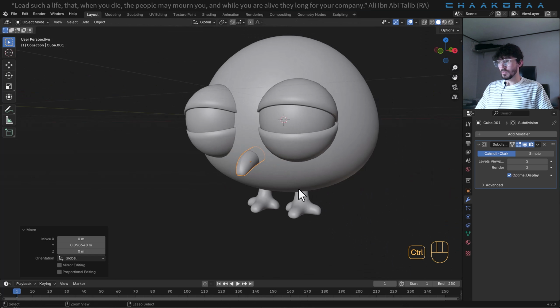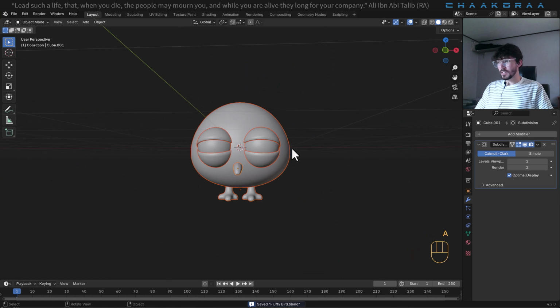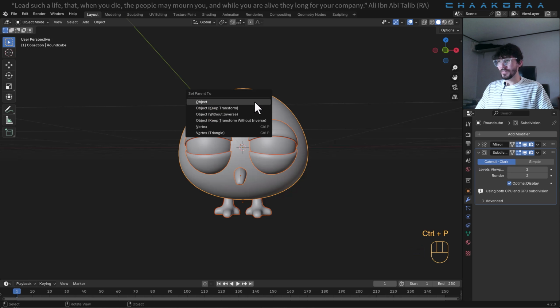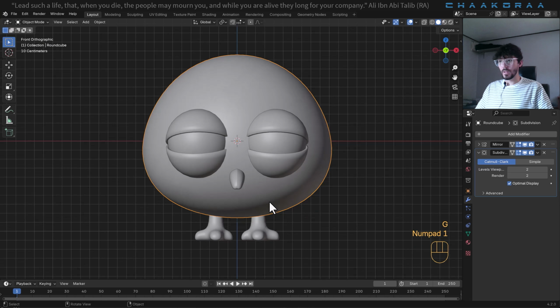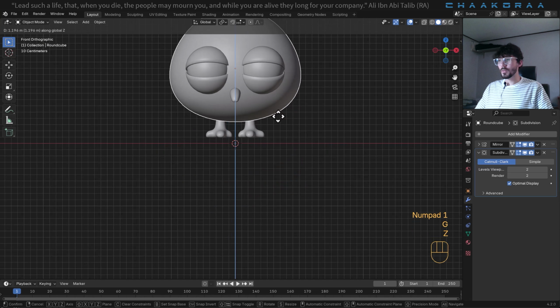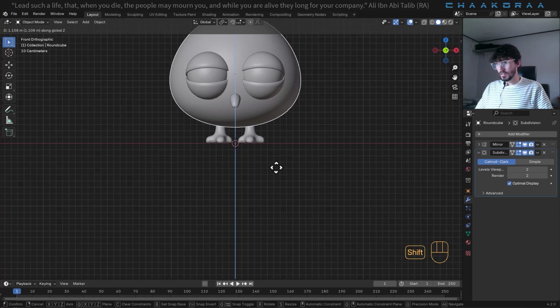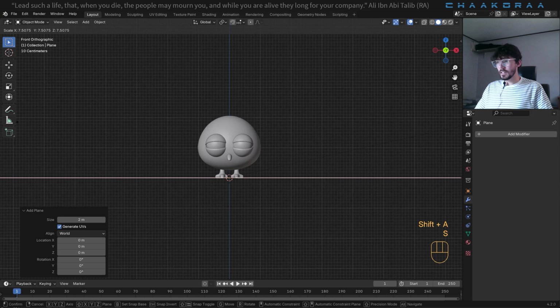So make sure to save your project and press A to select everything, and at the end the body, holding Shift and press L, press Ctrl P and object. In that case we're gonna parent all of them to that object, so moving and scaling and rotating all the transformation would be easy. So let's bring it to that part and let's add a floor for our scene and